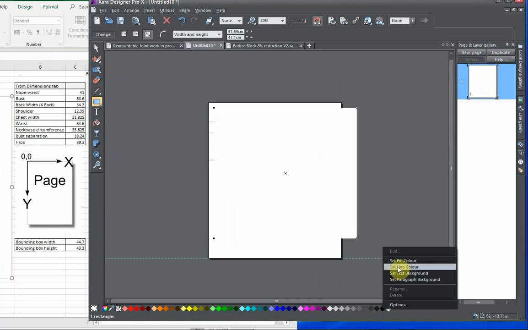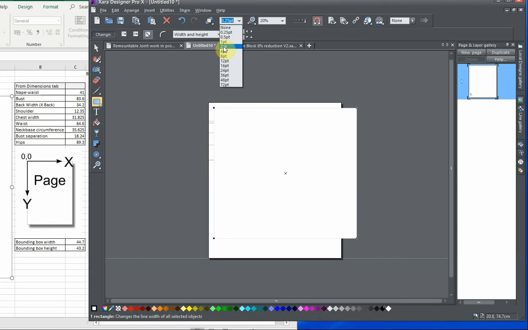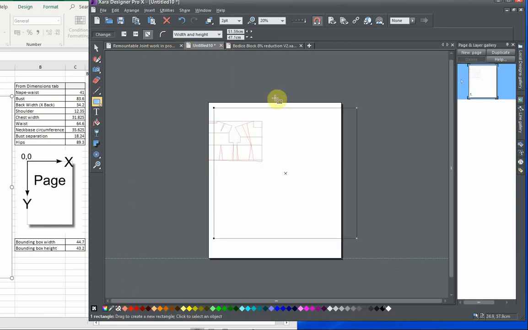So I'll make it a black line, maybe 2 point wide, and I'll make it transparent. So I've just drawn a rectangle. Big deal, right? Well, yeah, it is, because this is the size of this rectangle. It's 51 point whatever by 47. Well, it wants to be the size of the bounding box, so we'll make it